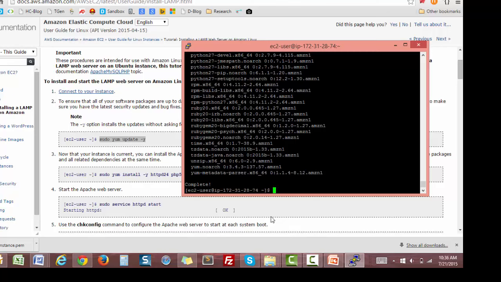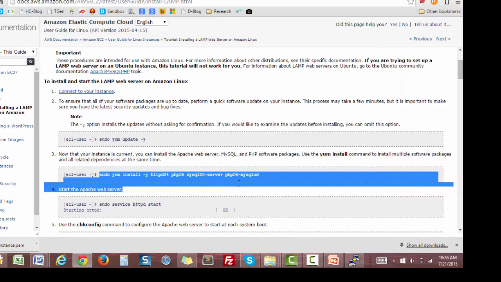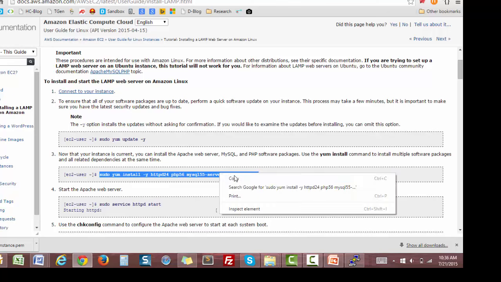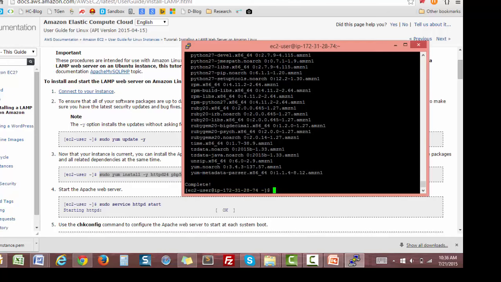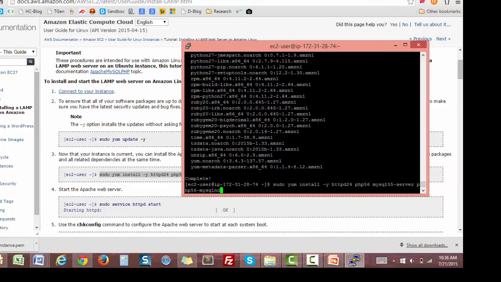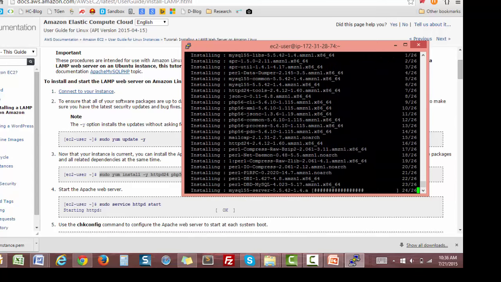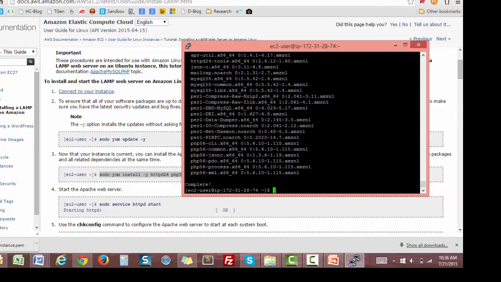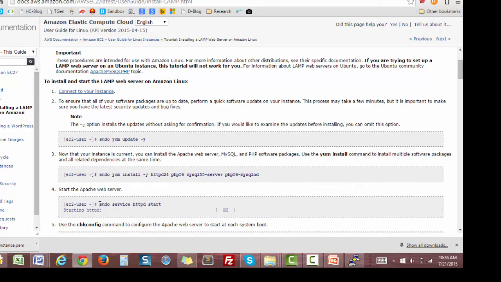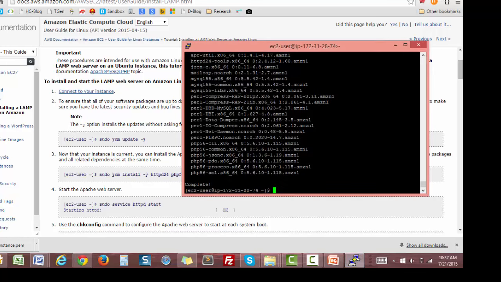Okay, so that first step is completed, and we're basically going line for line with this documentation. You just copy that, come over here, and right-click. I'm going to add one thing in here, and this is if you want to do WordPress, and I'm assuming it's probably if you want to do other things that involve images. You could do it at any step, but it just makes sense to do it right here. You want to go sudo yum